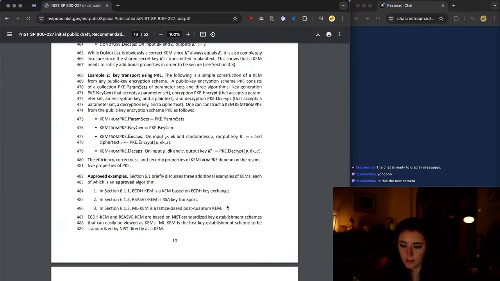They literally have the functions in the scheme. They just say use the keygen function for the KEM equivalent keygen function, use this other function for encapsulation, and then use this third function. It's called this other thing, but you can use it for decapsulation. And it's effectively a KEM, and it is a KEM, but